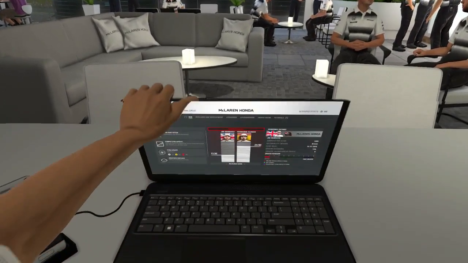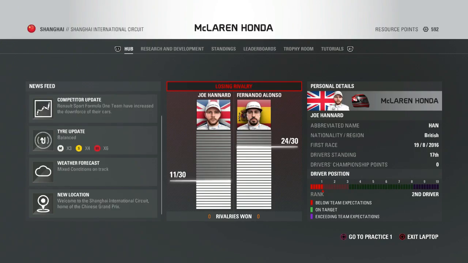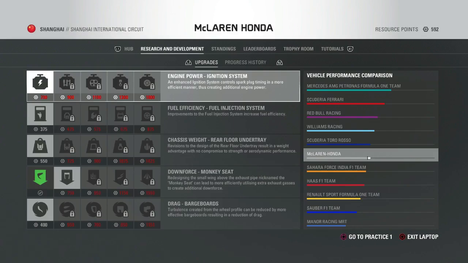So is there anything to look at before we get into things? Renault have improved the car. It doesn't look like anything else, to be honest with you. We've just gone for the balanced tyre pattern again. But if we look at the R&D, we've now gone ahead of Force India, so we're already making our way